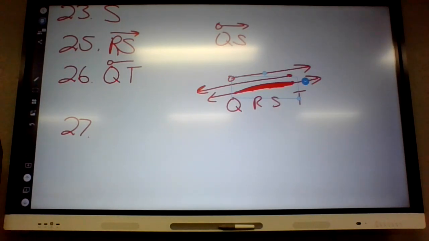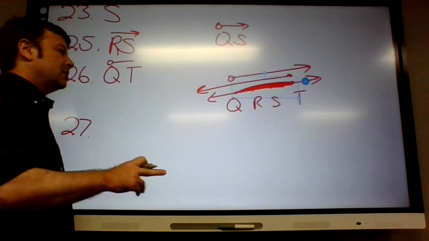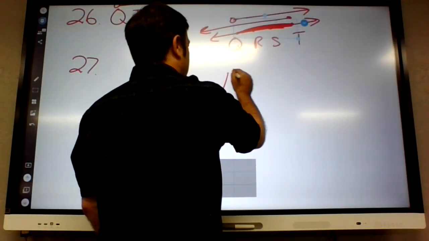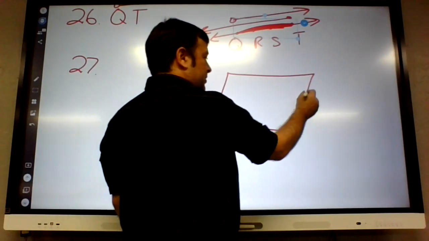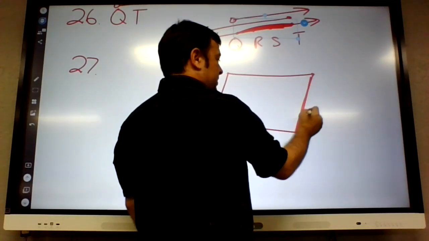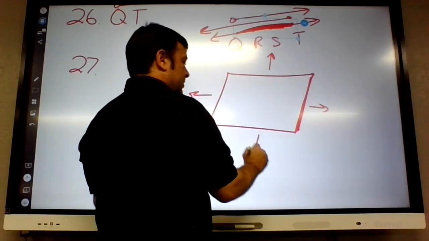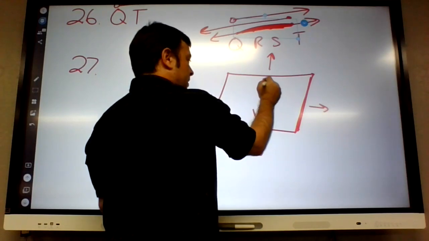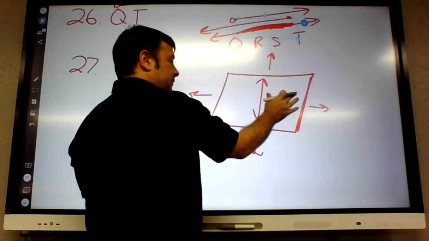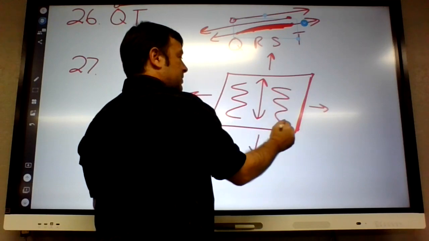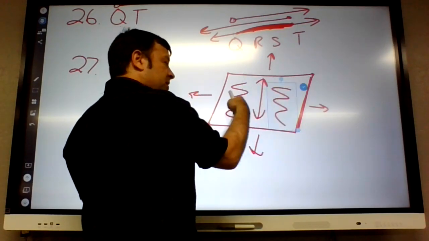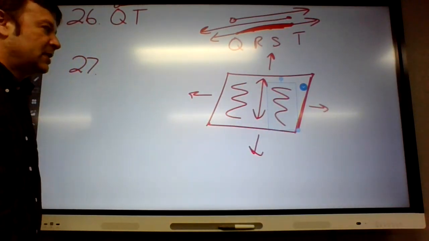All right, and then on the next section, a plane can be split by a line, and it's split into two half planes. The line down the middle, they called it the edge. Now, even though this looks like an edge, really it goes infinitely that way, so there really isn't an edge over there. But if you draw a line over the plane, they call these half planes. And they call this the edge between the half planes. Okay, anyways,